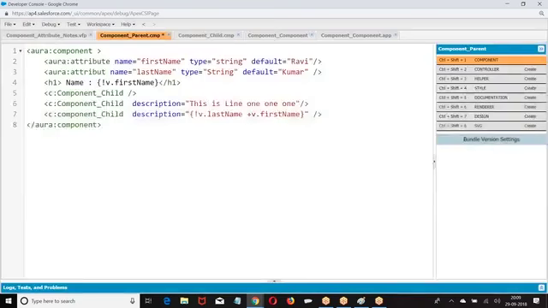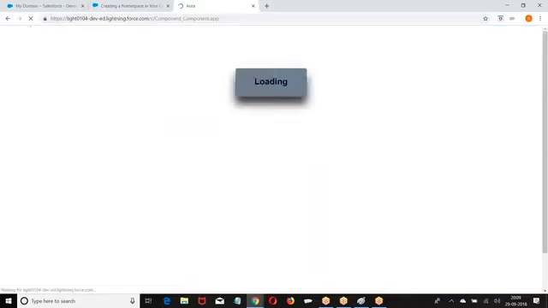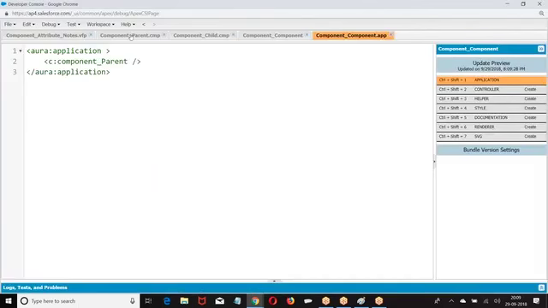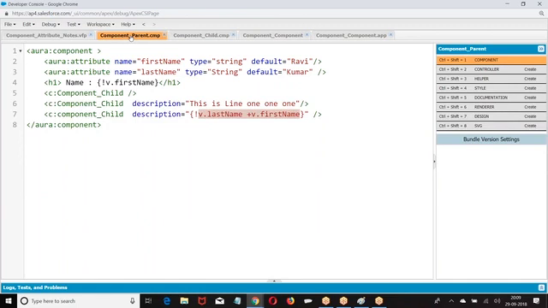Now what was that? Come again. Line number 3. Now the attributes I have taken in the parent, I am passing the combination of it as a value for the child. So the attributes of the parent, I am passing to the child component as a value. I am invoking a child component by passing the values of the parent component.